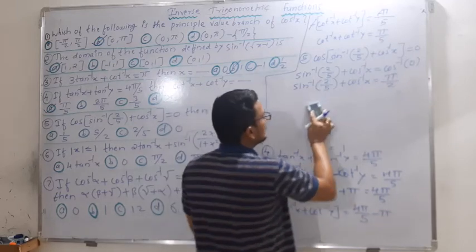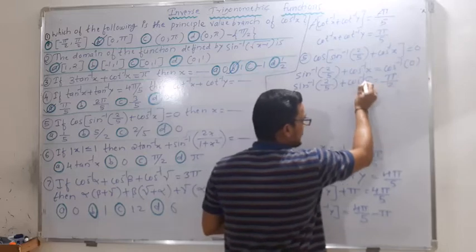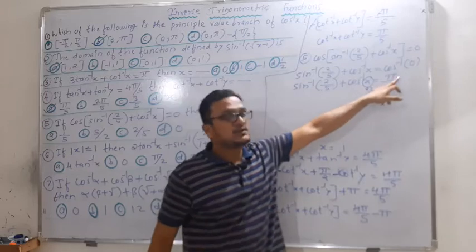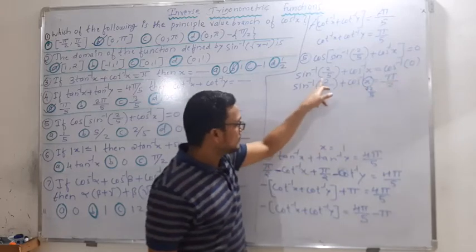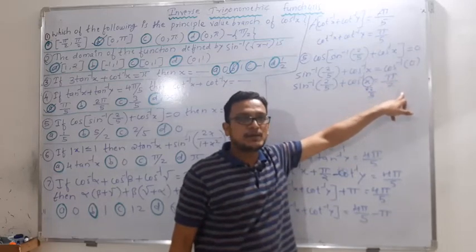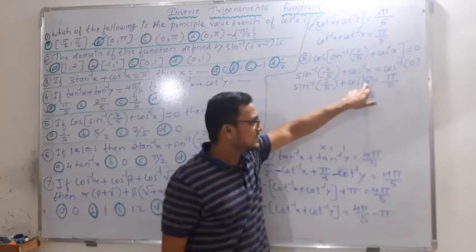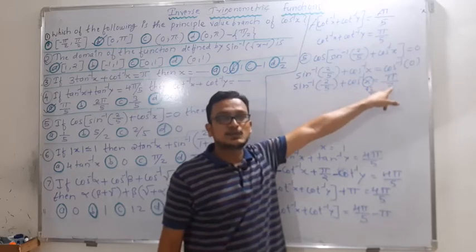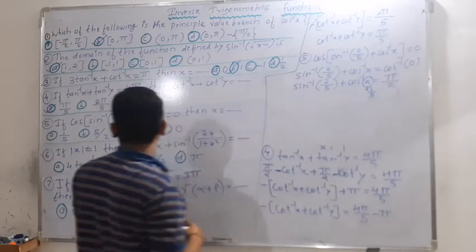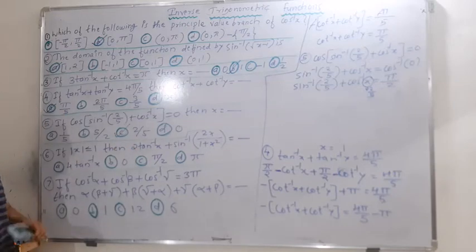Okay, but here you just see now, what is your x value? 2 by 5. Suppose in the place of x I am having 2 by 5, then pi by 2 will be the correct answer. Means what? Sin inverse of 2 by 5 plus cos inverse of 2 by 5 is equal to pi by 2, but here it was having x. So if I replace this x with 2 by 5, then the answer is pi by 2. Therefore the value of x here is 2 by 5. So just check it, do we have that option? Yes, so option C will be correct in this.